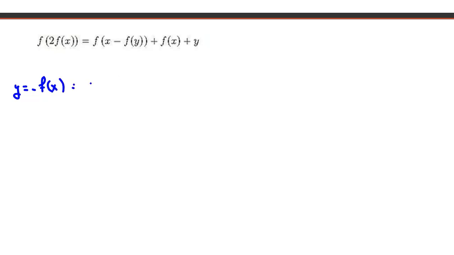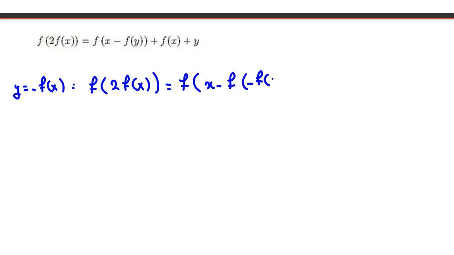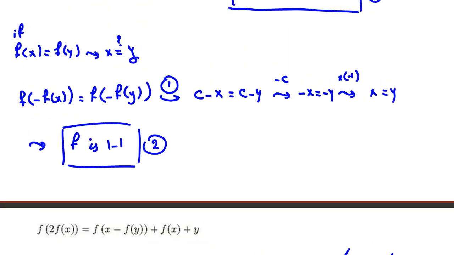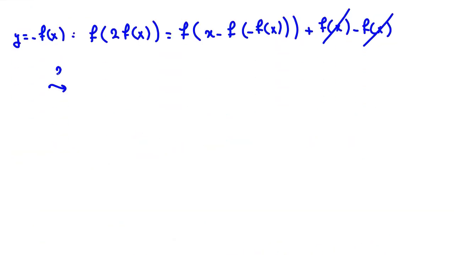And if I use this, the left side is f of 2f of x equals f of x minus f of, instead of y, I write negative f of x. And here, plus f of x. Instead of y, we write negative f of x. So we cancel this thing because f is 1 to 1. From the second thing we've reached here,